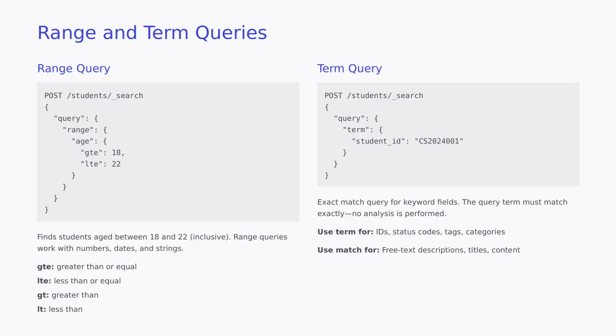Ever wanted to pinpoint students within a specific age range or find a student with a unique ID? Range queries allow you to filter data based on numerical values like age, while term queries provide exact matches for keyword fields, such as student IDs. By employing gte (greater than or equal) and lte (less than or equal), you can precisely define age brackets. For specific identifiers like student IDs, the term query ensures an exact match without any analysis. Remember, use term for IDs and match for free text descriptions, each serves a distinct purpose in querying your data